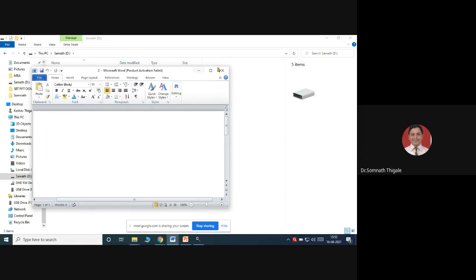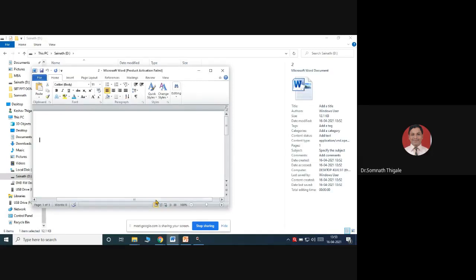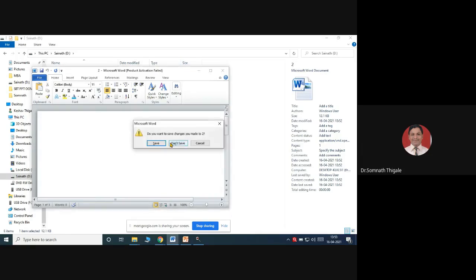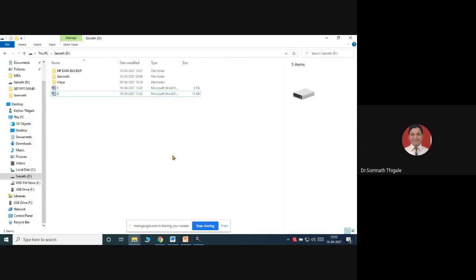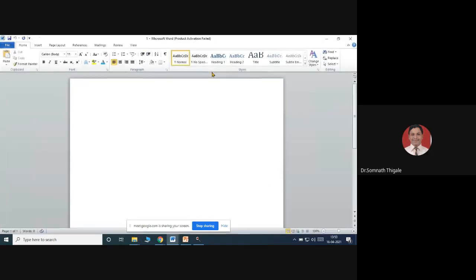Close this. Both the file names, you can just check out the options that you are getting here. Just close this part. Save. You can just check. This is the way you can add the document. Once I open the document, I'll just maximize the screen. Okay. I'll hide this.